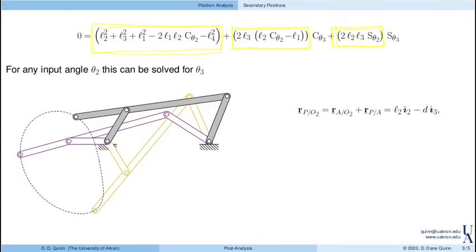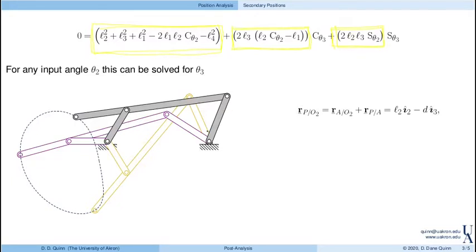We know how to do this. I've had video lectures on exactly this sort of equation, so I'm not going to go through the procedure of solving this again here. I would instead refer you back to the earlier lecture on the 4-bar linkage. But it's enough to say that for any input angle theta 2, we can solve for theta 3. Right? We know how to solve equations like this. I've given you a couple different approaches. So that's the idea. Given theta 2 and all these lengths, solve for theta 3, and then we have the